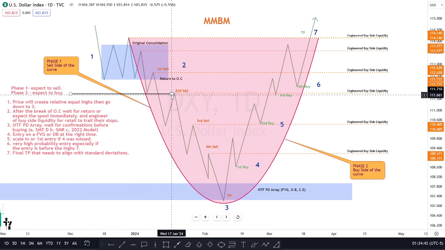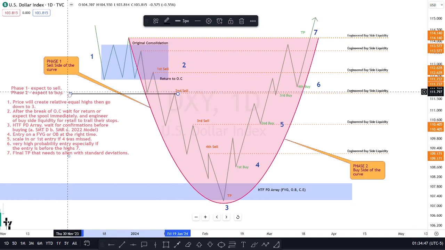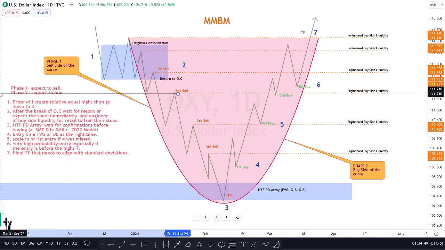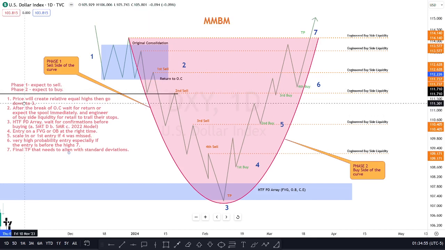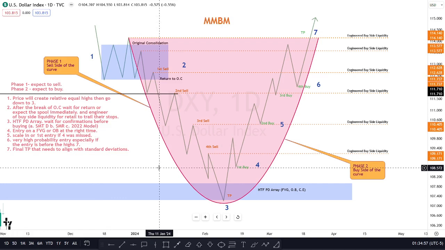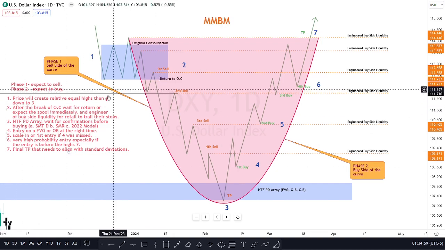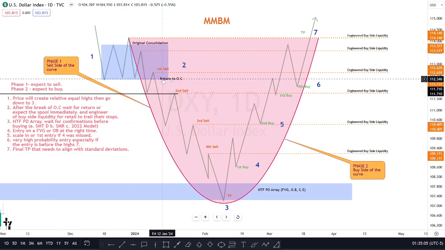Let's say you had the all-time lows here. Okay. Let's just say you have all-time lows, whether it was relative equal lows or it was just the low, previous week low, previous day low. So as this was taken,